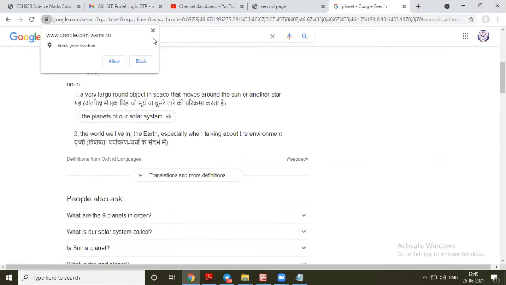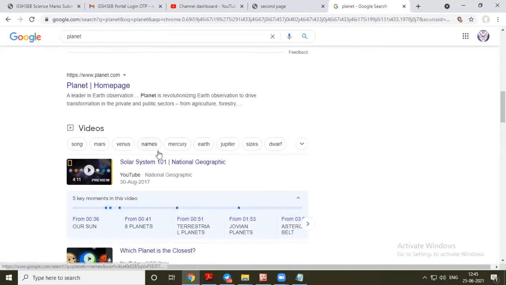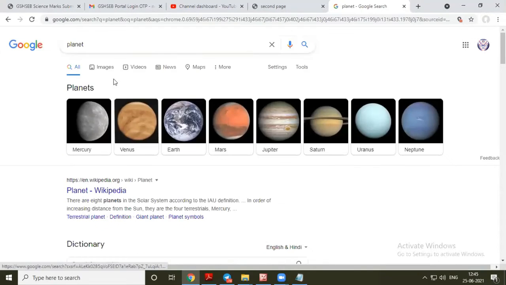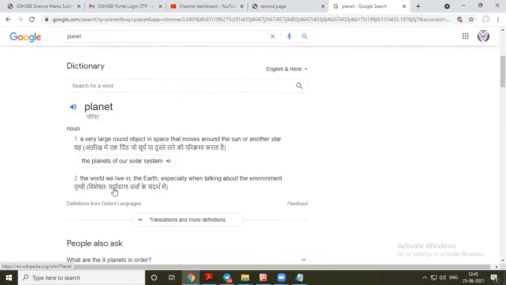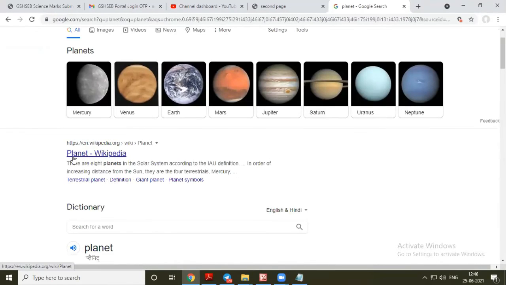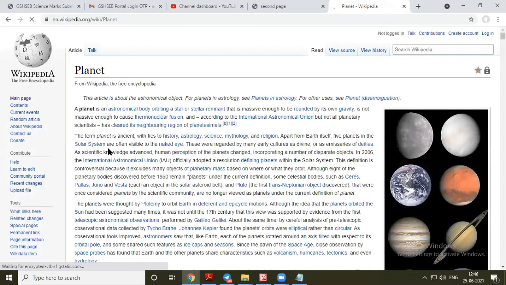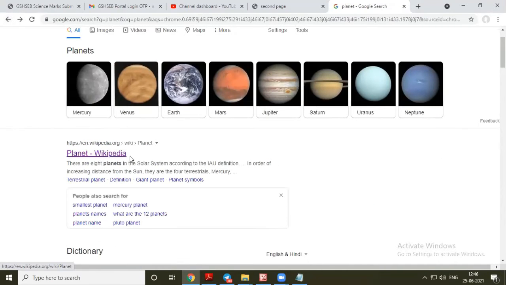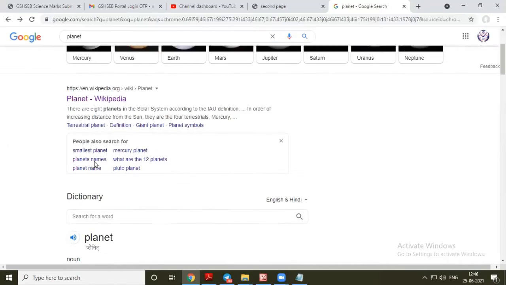Okay. Right now you can see this. This is a blue color. Now I am clicking here. Now I am coming back to the search result. Now you can see this. This has now changed to a purple color.